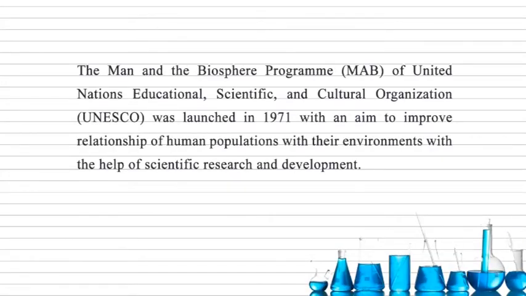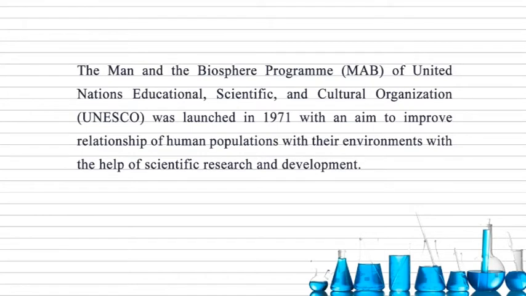The Man and Biosphere Program or MAB of United Nations Educational, Scientific and Cultural Organization or UNESCO was launched in 1971 with an aim to improve relationship of human populations with their environments with the help of scientific research